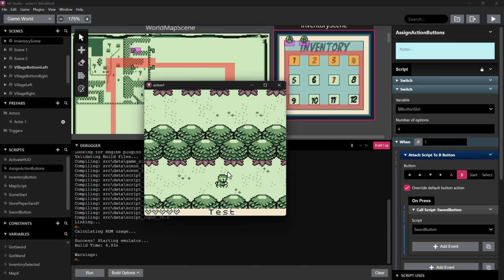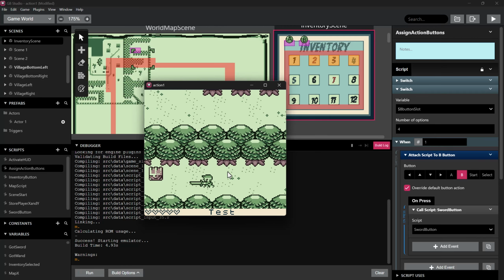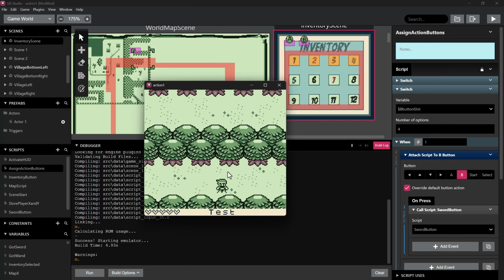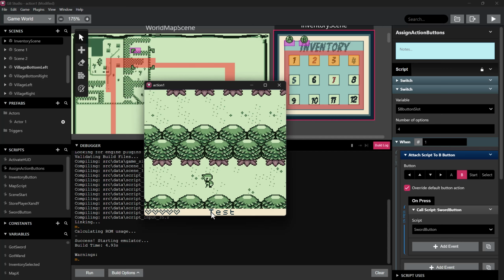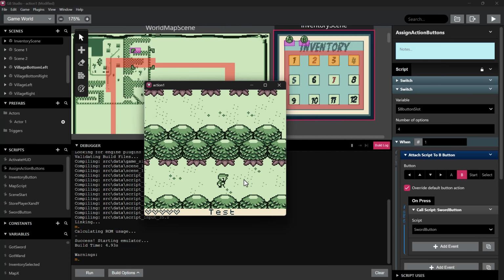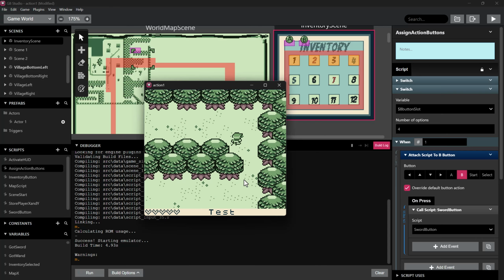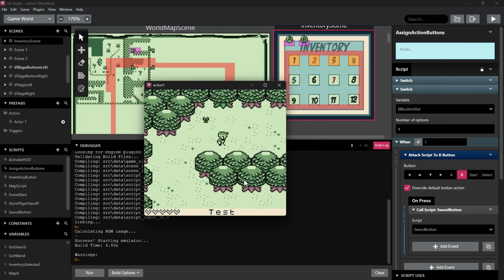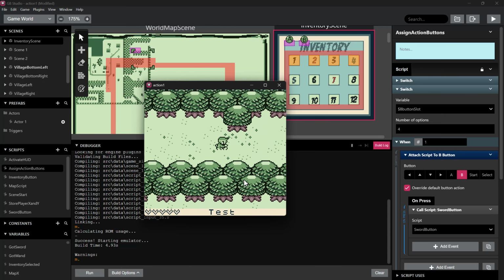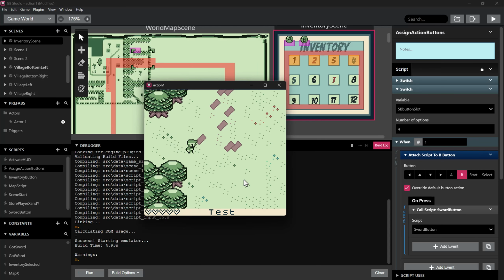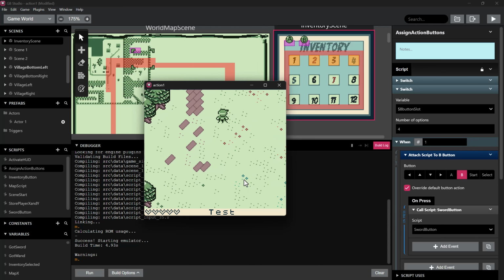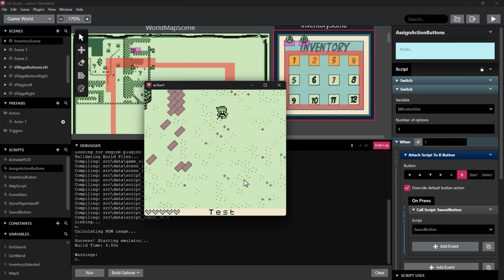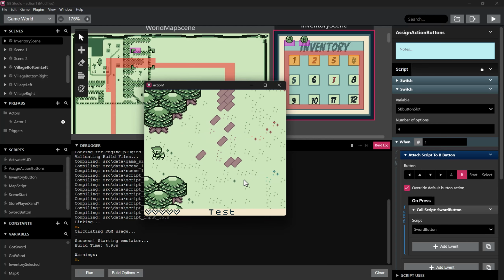So I think at this point we've got a working inventory system. So obviously, I will improve the HUD later. That'll probably be in the next video, just kind of expand the HUD. And maybe I'll even use a background for it, because right now it's literally just drawing a blank background, and then you can put whatever you want on that background. But I think I can make it better so it actually uses an actual PNG file,